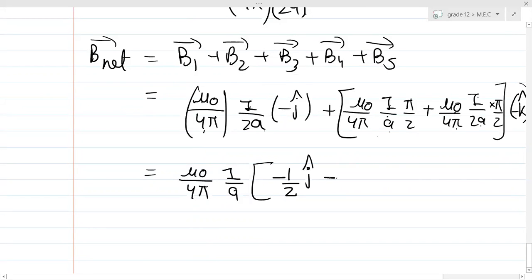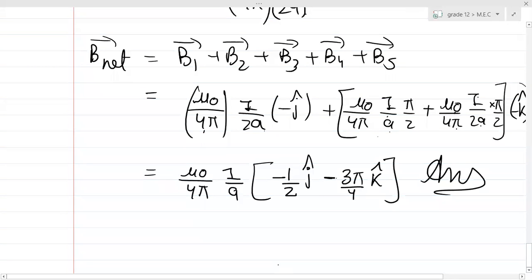And then, can you see here it will be pi by 2 plus pi by 4. How much is pi by 2 plus pi by 4? 3 pi by 4. And that's the final answer. Is this clear? This is the net magnetic field, and if someone asks you to find out the magnitude, then you know how to find out the magnitude of any vector, right? Under root of